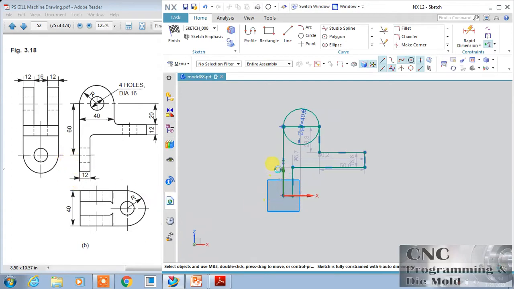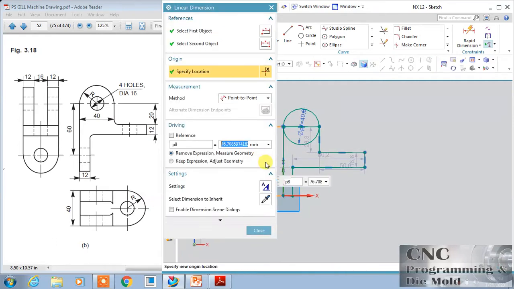So I will change this dimension to 60 plus 20, 80. So double click over this dimension and change the value.